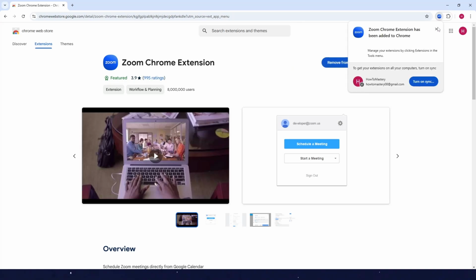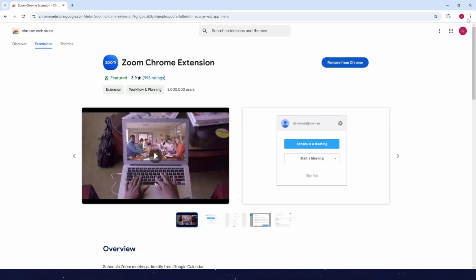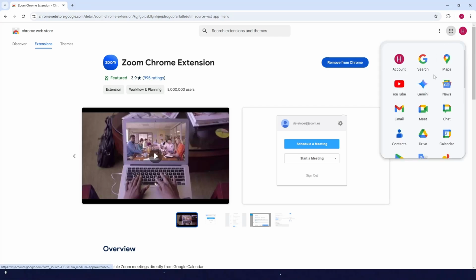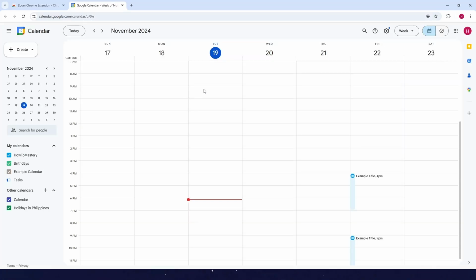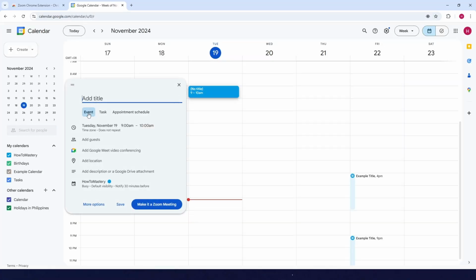Okay, now after you've added that, just go to Google Calendar, click on this one, then just click on Calendar here. Okay, next is just create an event, add your title. I'll just name this sample event 50 or whatever you want, and then fill in all of the details here,